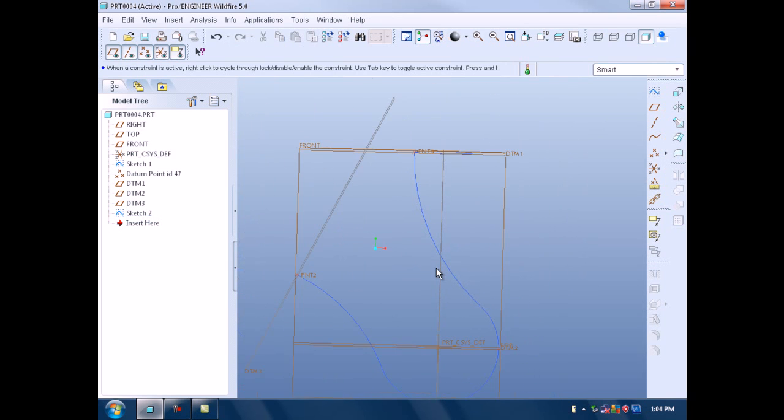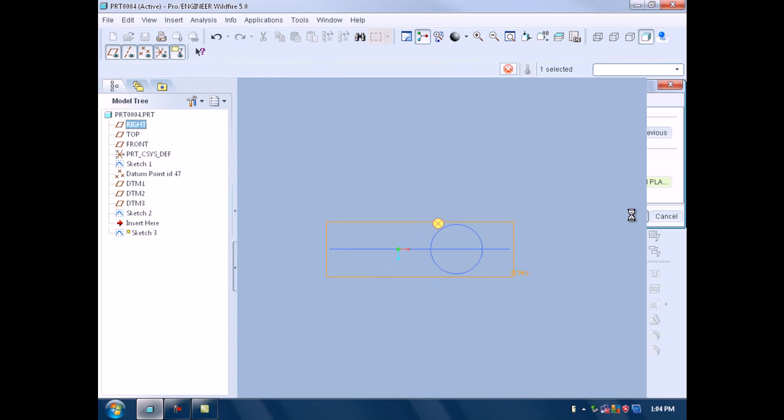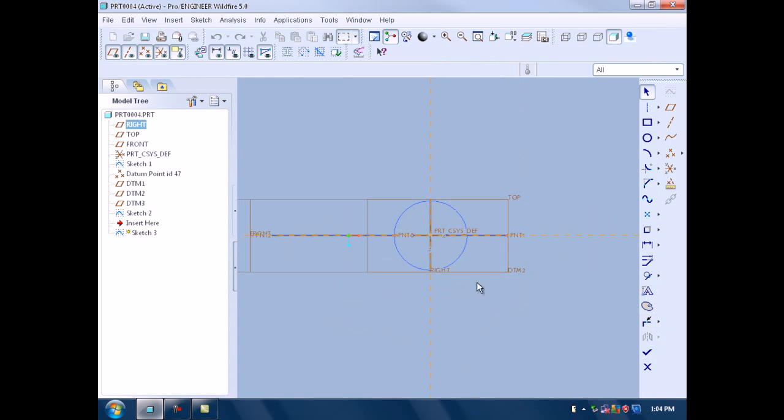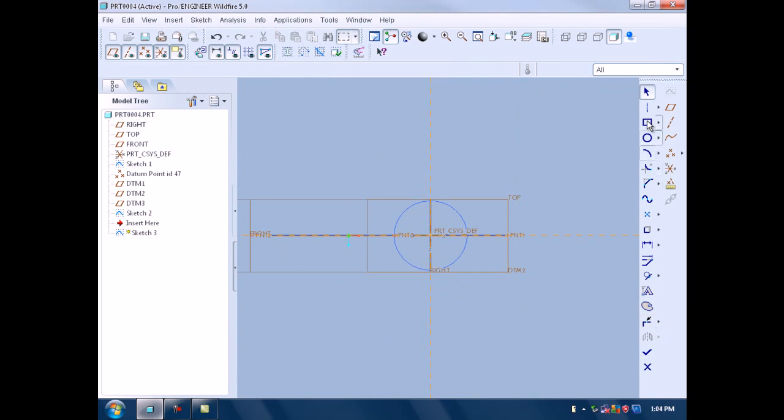Now we draw the second sketch. Go to sketch, select the datum 2 as our sketching plane, click on sketch. Now same here, you have to use the references and make this datum point a reference. So now draw a center line here.